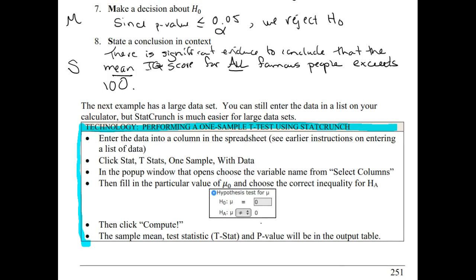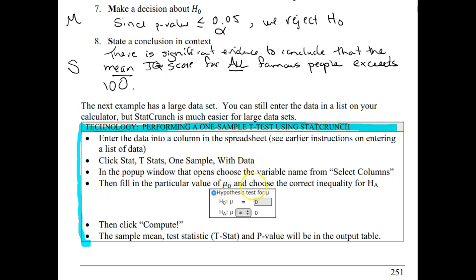All right, so there is a way in StatCrunch for bigger data sets to do these as well. The next example will have a larger data set that we can look at for that, but there's also a t-test built in there. You would start by entering data into a column in the spreadsheet. Typically I have those in Blackboard so you can just upload them to StatCrunch so that the list of data is already there. Under Stat, you would find T-stats, one sample, and with data.